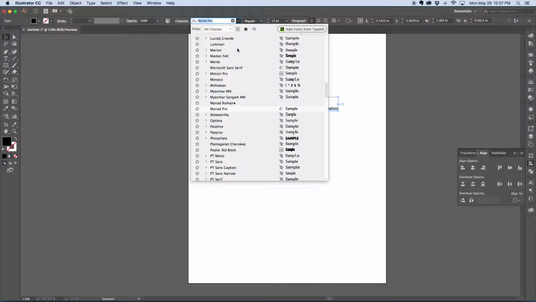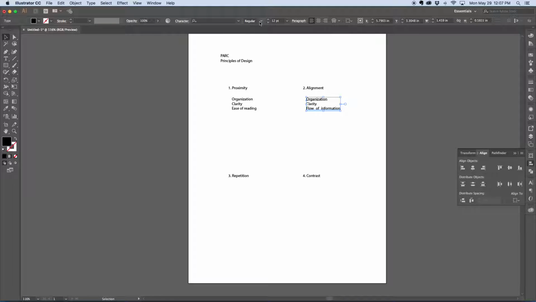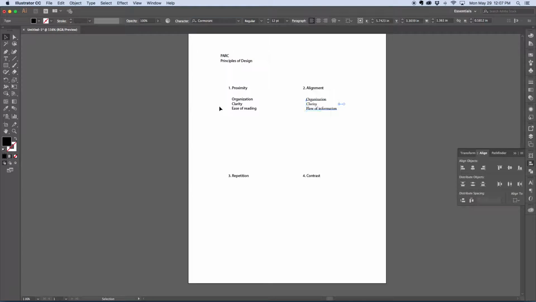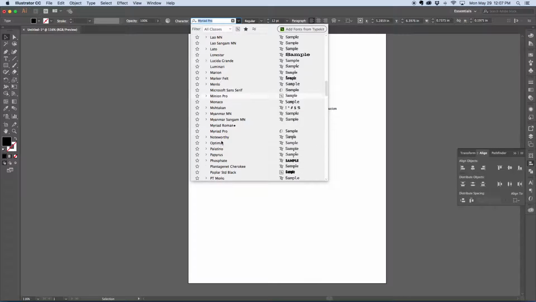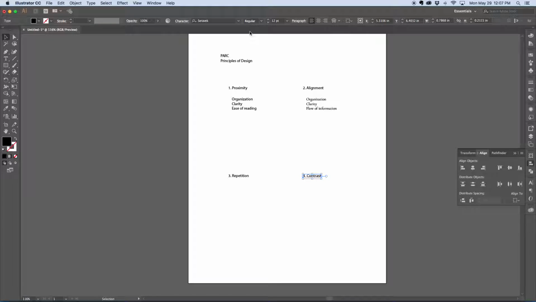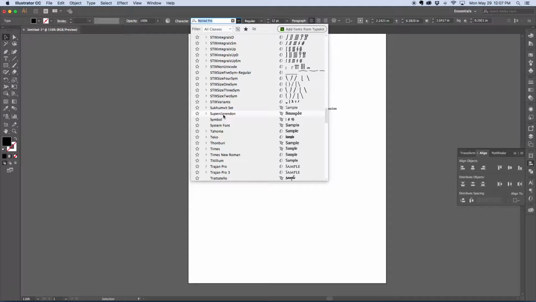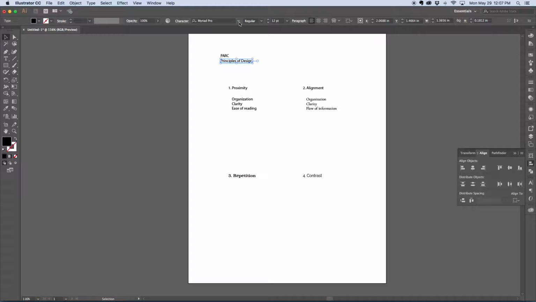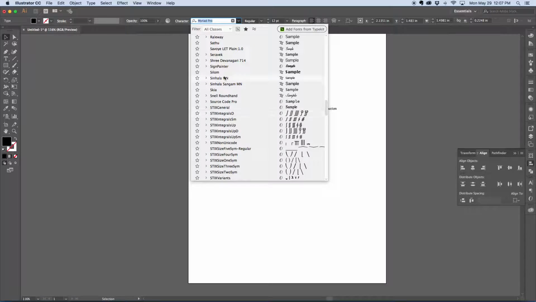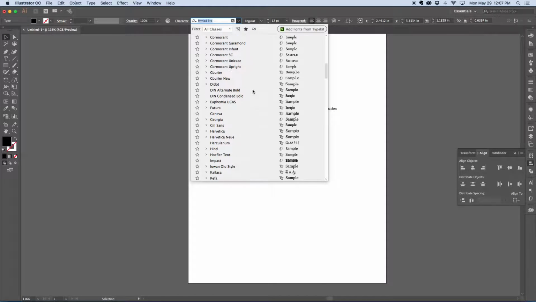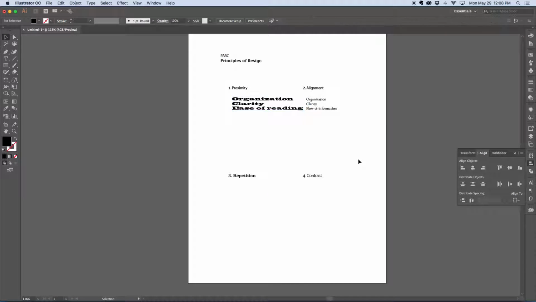So this could be, that's probably not that crazy of a font. Let's make this app. I'm having a hard time picking crazy fonts here. So we'll change that to Coromant. We'll change this one to, that's not that different of a font. We'll go to Railway. And maybe this one has Super Clarendon. This thing up here has Silam. I think you're getting the idea here that if we didn't always use the same font, that this just